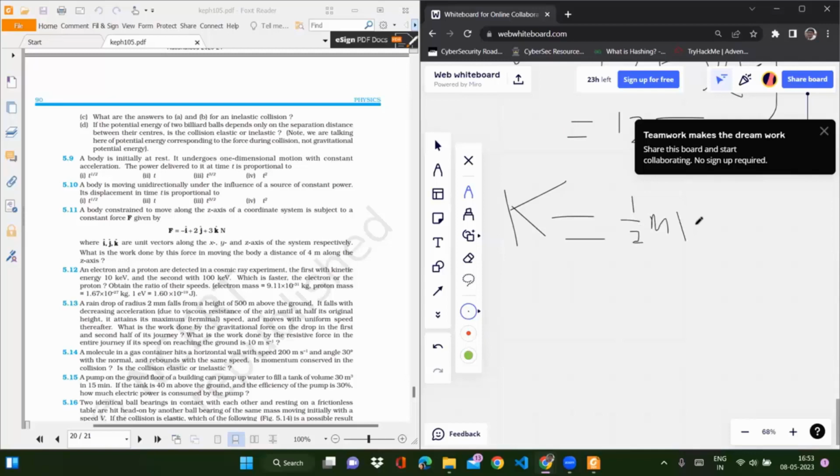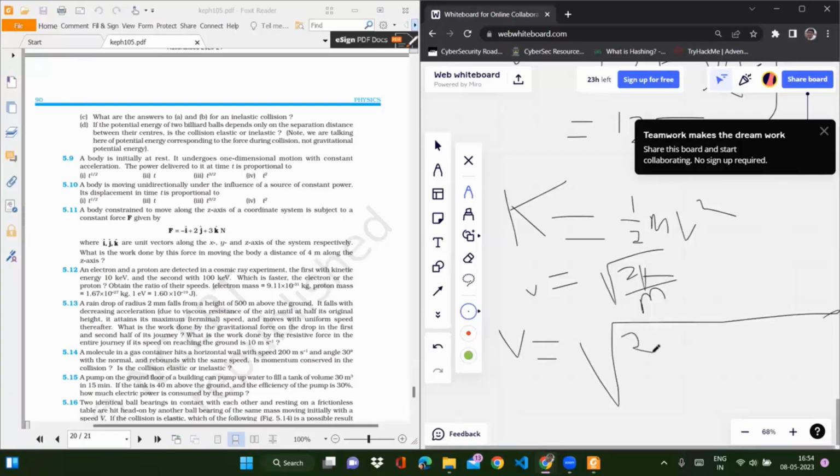So v equals under root 2K by m. From this equation, for both the cases, we have to calculate the velocities. We have to just put in the equation the value of kinetic energy and the value of mass, which is given. Like for the case of electron, v equals under root of 2 times K,